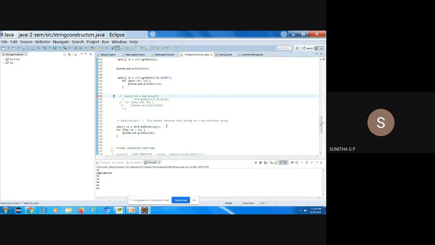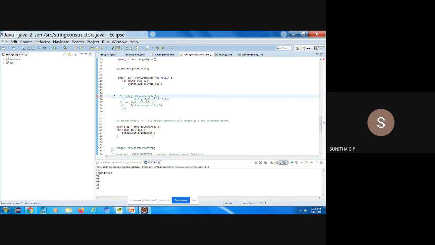Okay, this method converts the string to a new character array. So what we are doing, str, the function is toCharArray. So string str is converted into character array C1. Then each character of that C1 array we are printing.